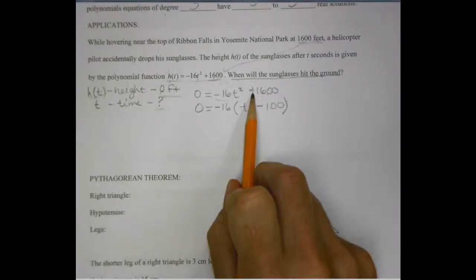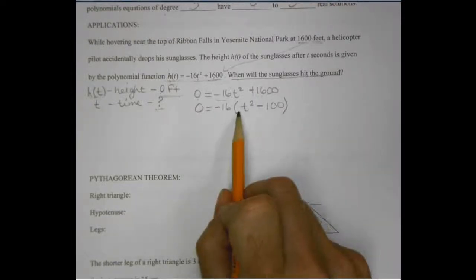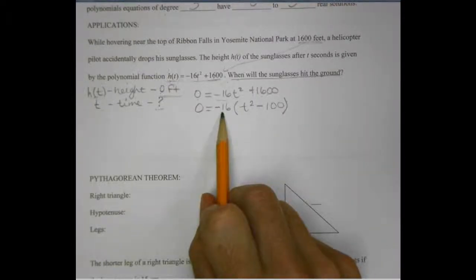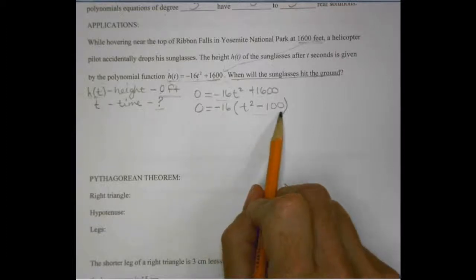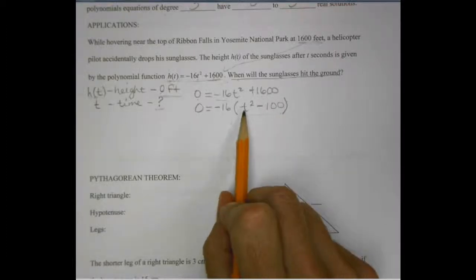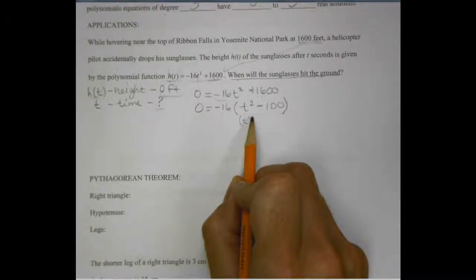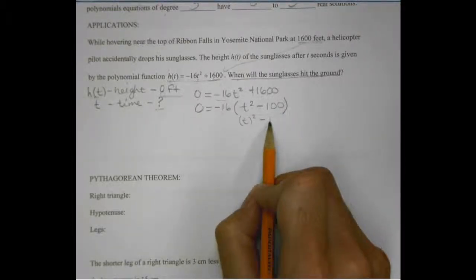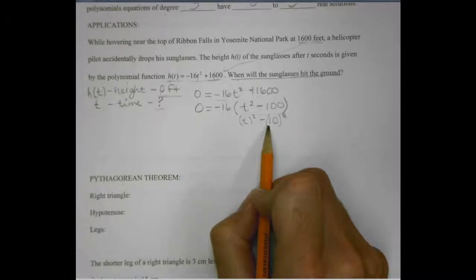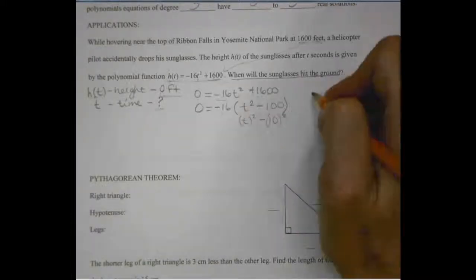And in between I have to have a negative, so that my negative here times negative here will give me a positive 1,600. Now inside the parentheses I've factored out a greatest common factor, so I want to continue factoring in the parentheses, and this looks like a difference of squares to me. It looks like I have t, obviously, is squared, and minus 10, which is being squared to give 100. So if I want to use my formula,